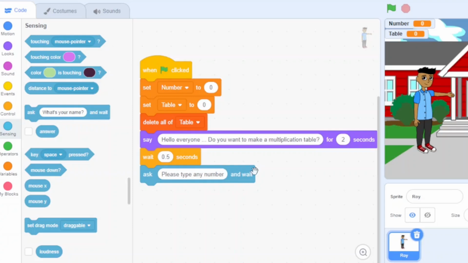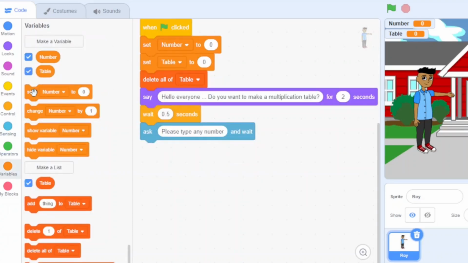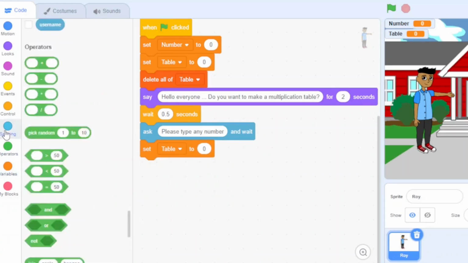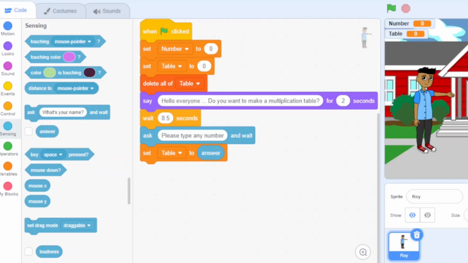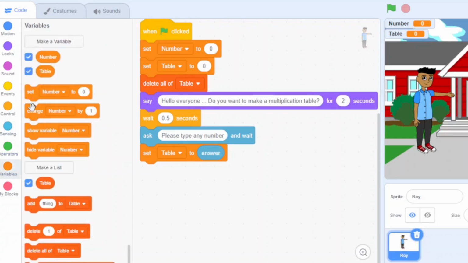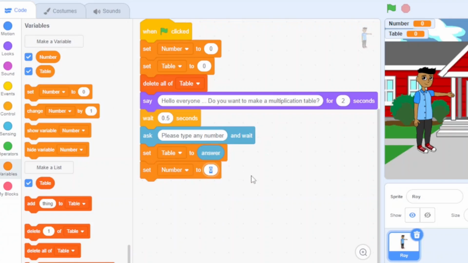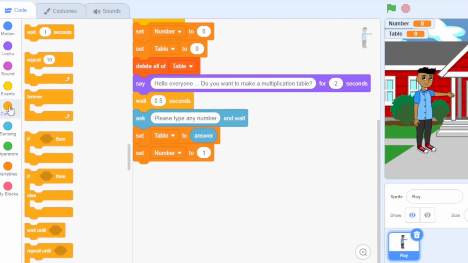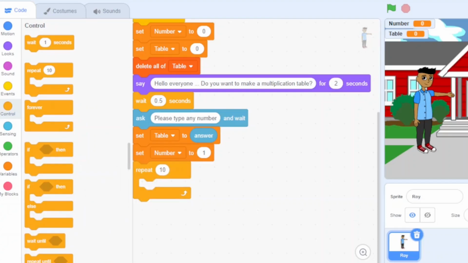Then variables set table to sensing answer. Take this answer over here and then variables set number to 1. And after this, go to control and take a repeat 10 block because it will repeat 10 times.